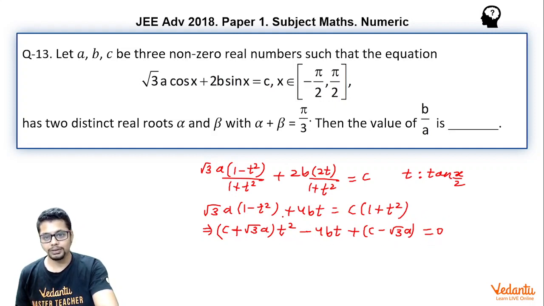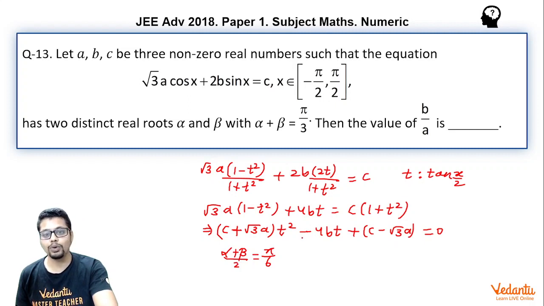Now this equation is a quadratic in tan of x by 2, and the roots of x in the interval minus pi by 2 to pi by 2 are alpha and beta, and they are distinct. It is also given alpha plus beta is pi by 3. So I may say alpha plus beta by 2 is pi by 6. The reason for considering alpha plus beta by 2, which essentially is alpha by 2 plus beta by 2, is